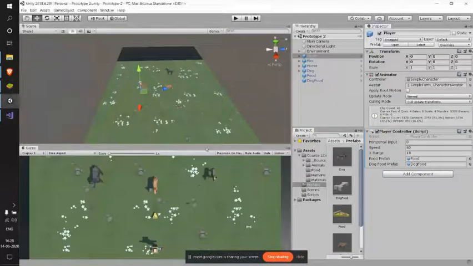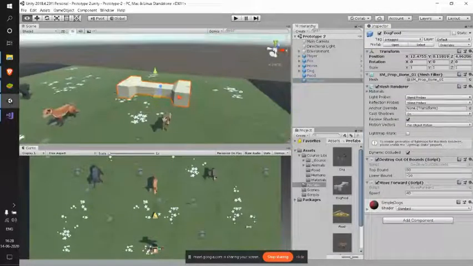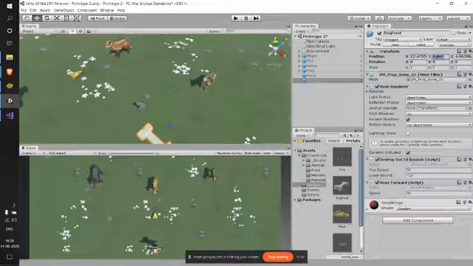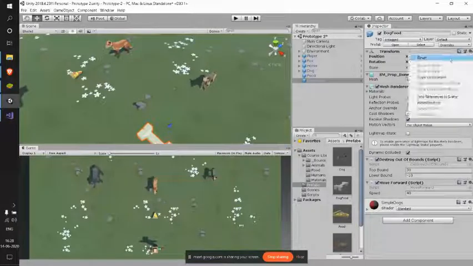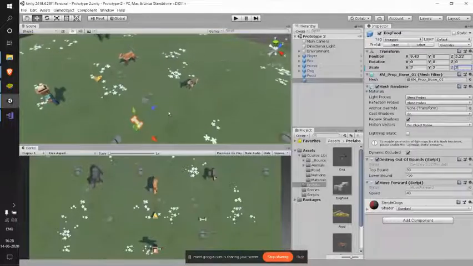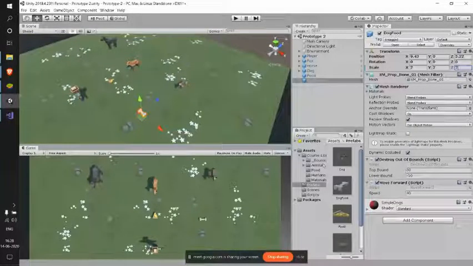Is the rotation okay? Let me go to my dog food prefab. Oh, sorry, its position is not okay. Let me get it a bit down. Let me reset this value and position that wherever I want. Okay, this is too small. Let me increase its size. Before, it's near to our camera, I guess, so that's why it looked as if it's bigger. So now I guess I have done everything correctly. Now let me check that.